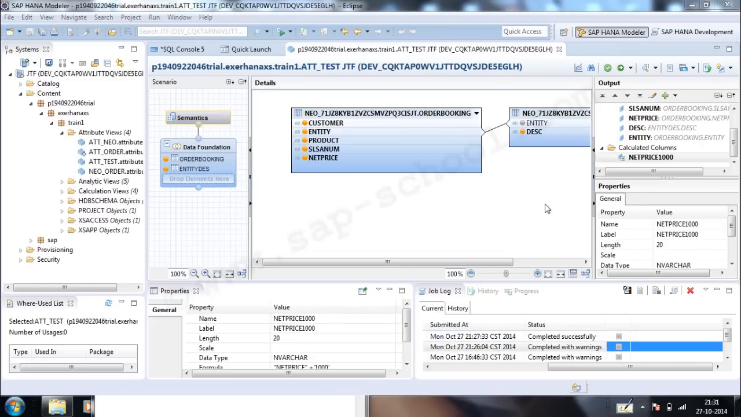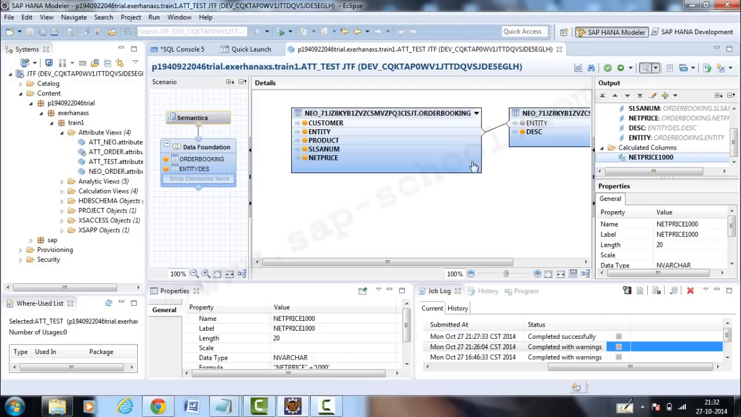So it did come back with some warnings, and all I had to do was change the lowercase to uppercase for the column description. For some reason it wouldn't take a lowercase, and I had to change the data type to a nvarchar. So those are the two things I did, and it has completed successfully. So now if I go and see my data preview,